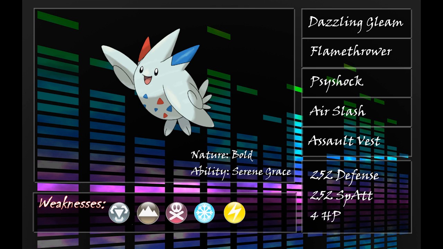As for its weaknesses, its weaknesses are fairly common, like most are. That's weird. But anyway, it's got Steel because of its Fairy typing now, and it also has Rock and Poison, Ice, and Electric. It is a Flying type, so it has the weaknesses that Flying types do, and then the Fairy weakness,